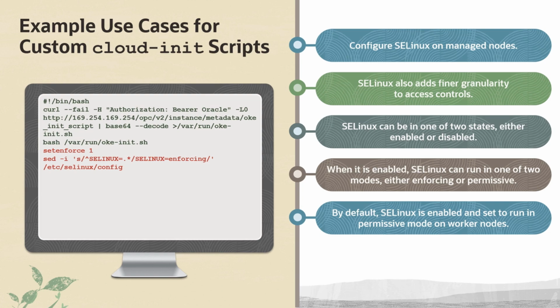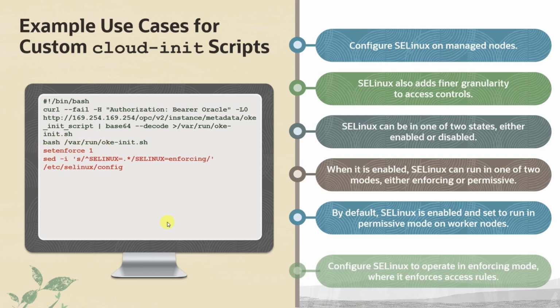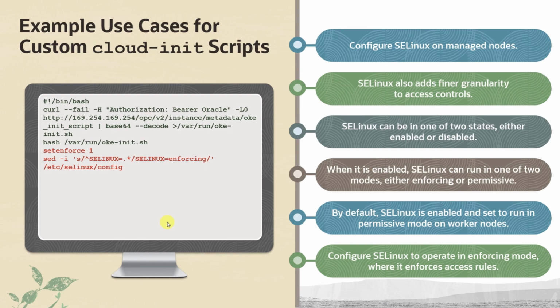To enable access rule enforcement, you can use a custom cloud init script, and the script is shown on the screen. These are the lines that we must include below our default startup script. This script sets SELinux to run in enforcing mode, actively blocking actions contrary to the policy. Upon execution, the script ensures SELinux operates in the desired mode, providing administrators with a finely tuned security layer